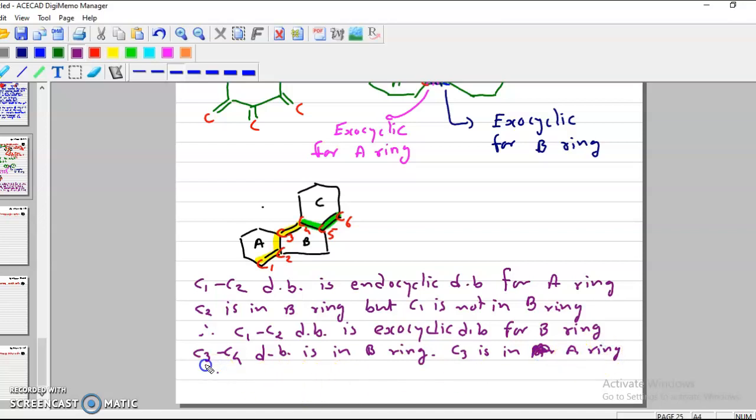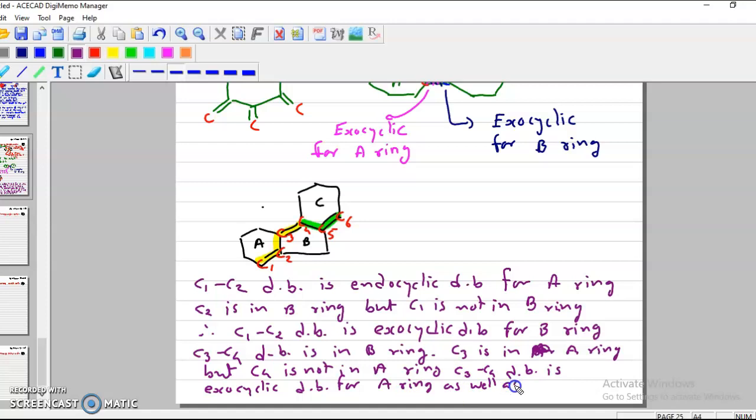But C4 is not in A ring. And therefore, C3-C4 double bond is an exocyclic double bond for A ring as well as for C ring. This way you can see even the double bond between C5 and C6, and you will observe